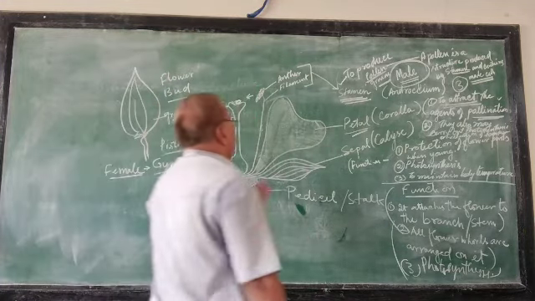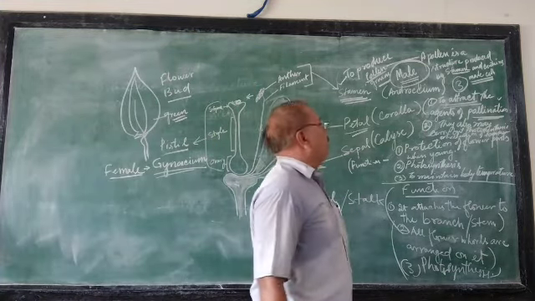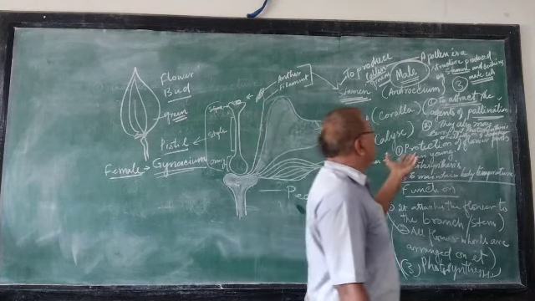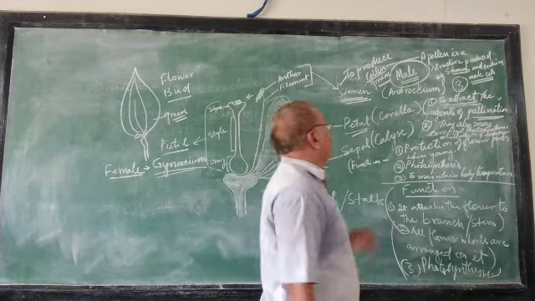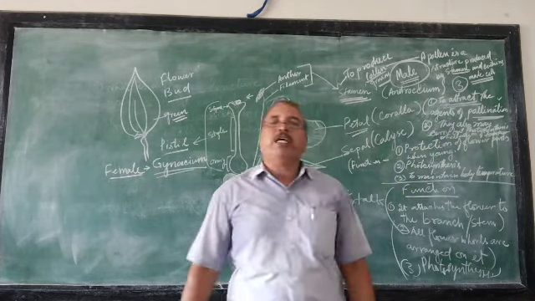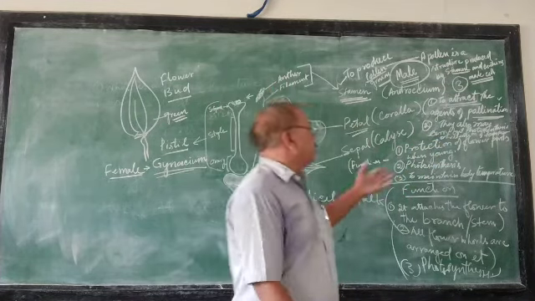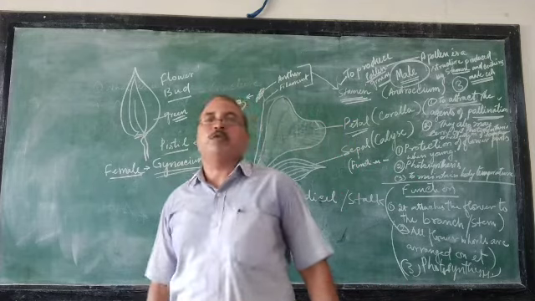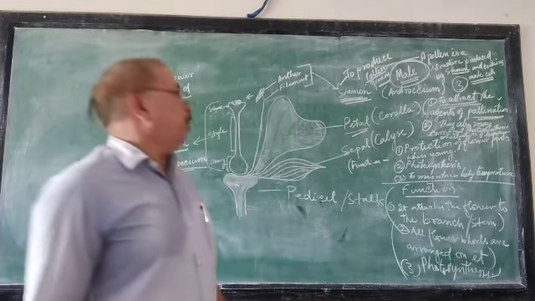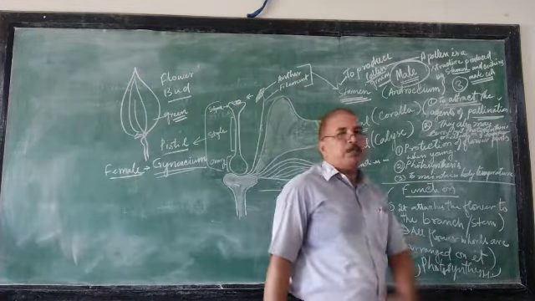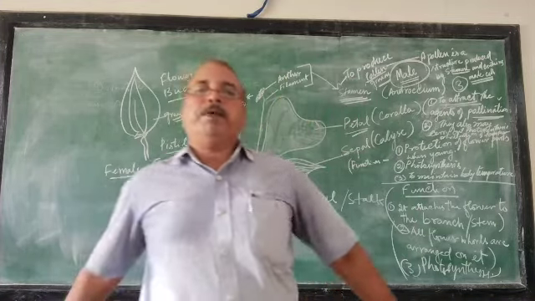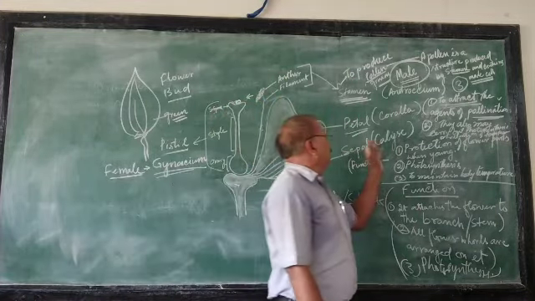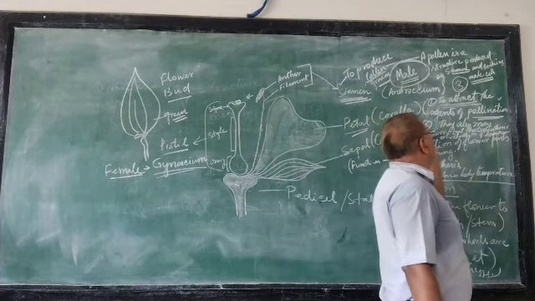The next whorl is what I call sepals, known as calyx. It has an important function, that is to protect the flower petals and the flower at the bud stage or when they are young. And the second thing is they may carry out photosynthesis because they are green in color due to chlorophyll. And the third thing is they maintain the body temperature in colder regions, turning red, pink or purple in color. Right.